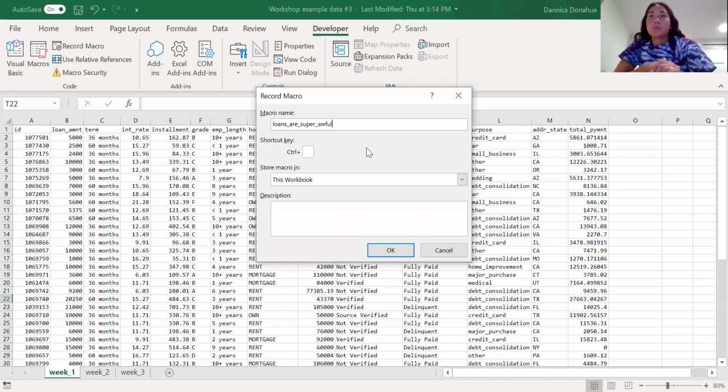So in between each word, you do want to use underscores. I'm not sure why, but that is just how it wants you to name the macro. A description is also great, so you can just say, this macro